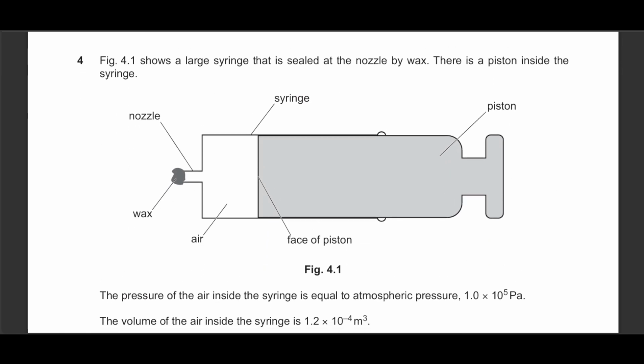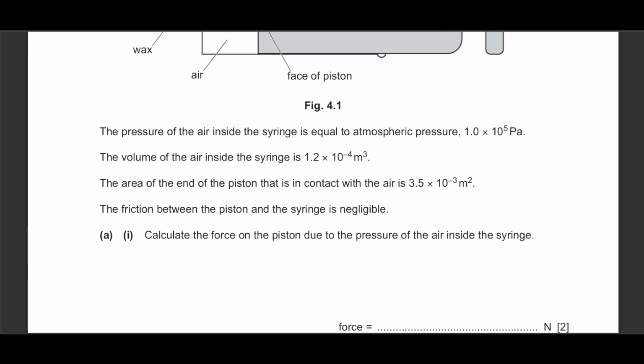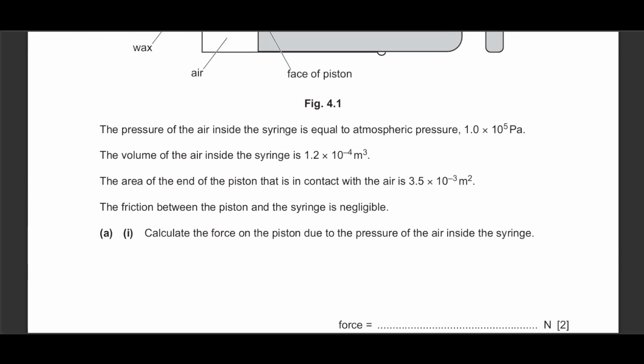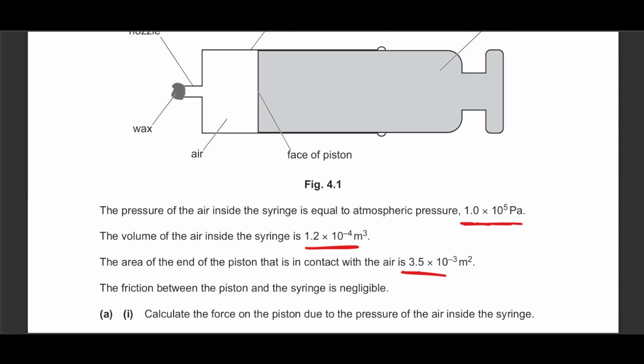Question number 4. A large syringe is sealed at the nozzle by wax. There is a piston inside the syringe. Okay, fine. That's a common question. He says that the pressure inside the container is this much at the current volume. He says that the cross-sectional area of the piston is this much. What does that mean? It means that the